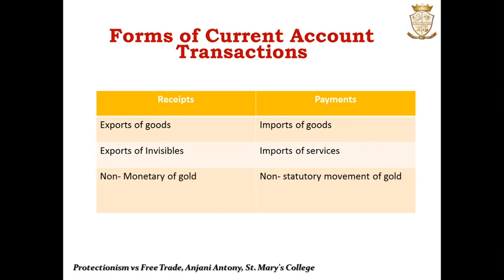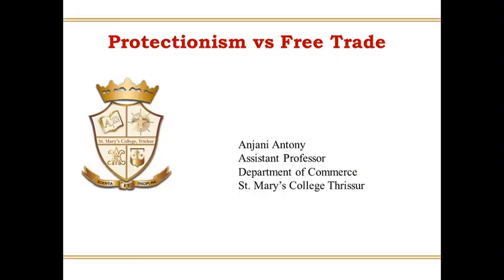Next is forms of current account transactions. There are receipts and payments. You should just go through it. Receipts: export of goods, exports of invisibles, non-monetary gold. Payments: imports of goods, imports of services, non-statutory movement of